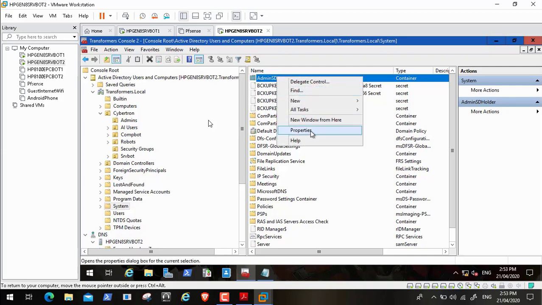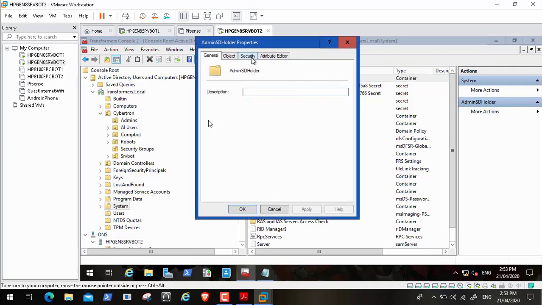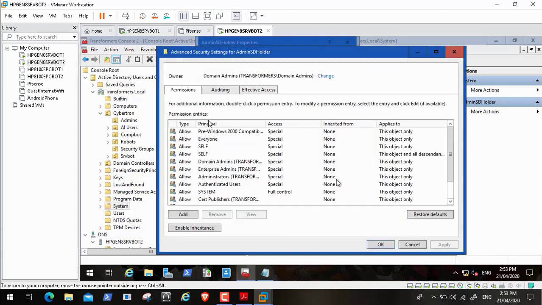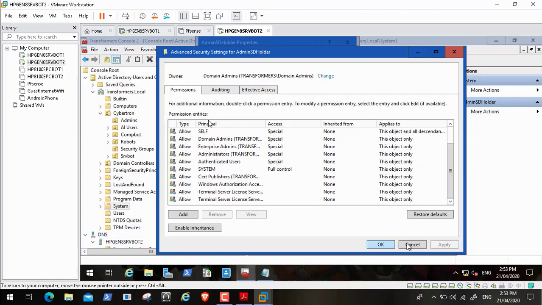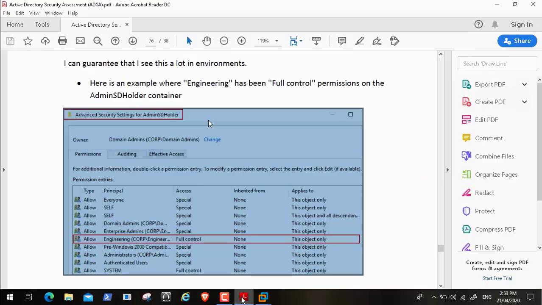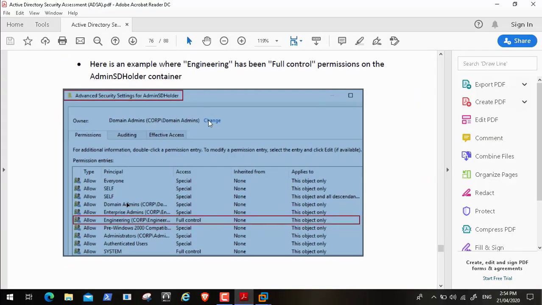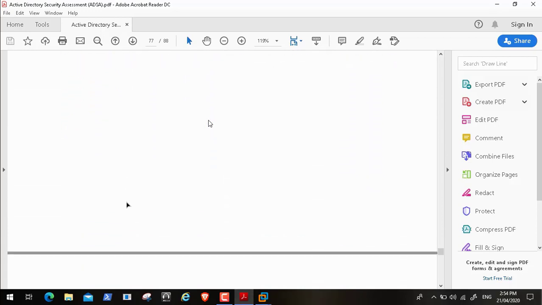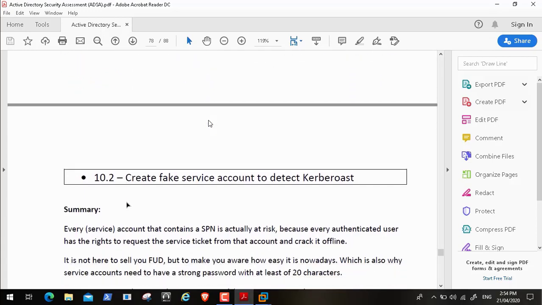You should not have any other security group to have access to this container, and the only allowed user is the authenticated users to have only read. You should not have any other Active Directory security group to be there. For example, he's saying here that there is another group that has full control. You should not give it full control. Okay,